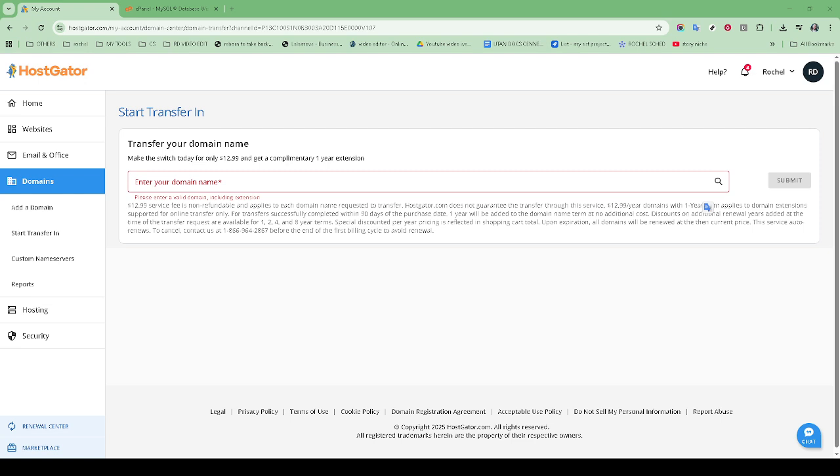Mastering domain management using HostGator's cPanel can greatly streamline your web administration tasks. By carefully